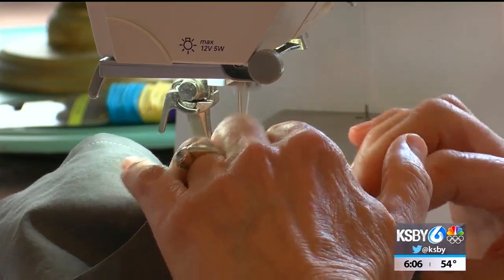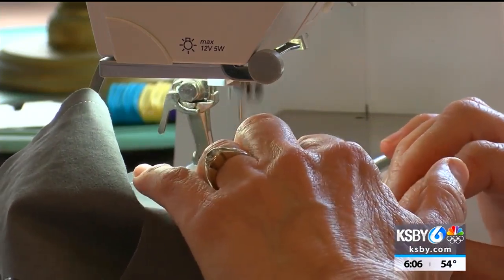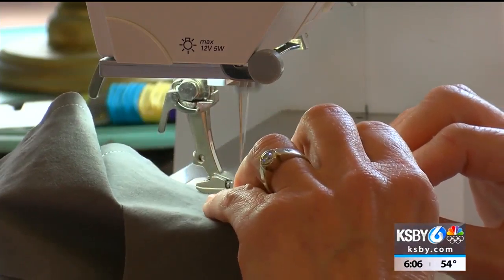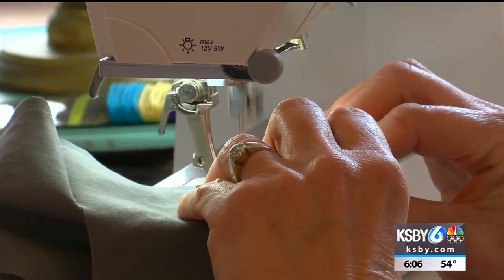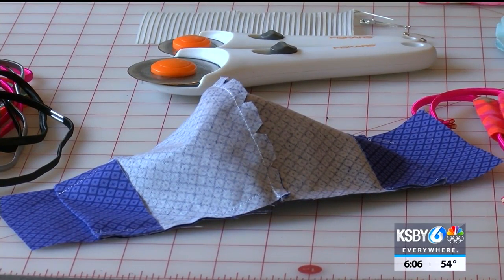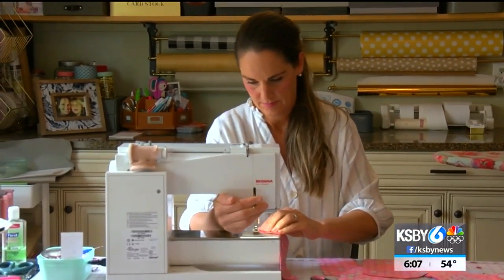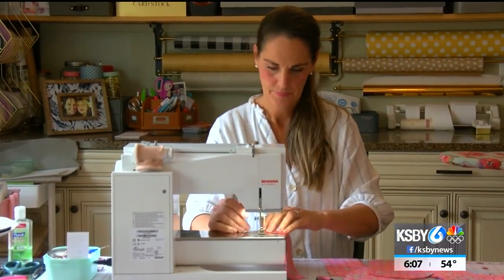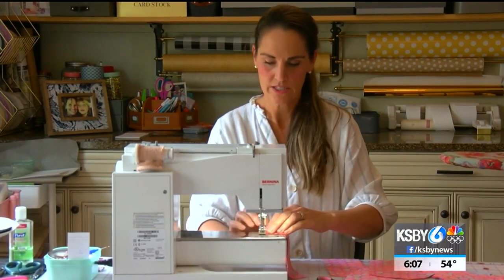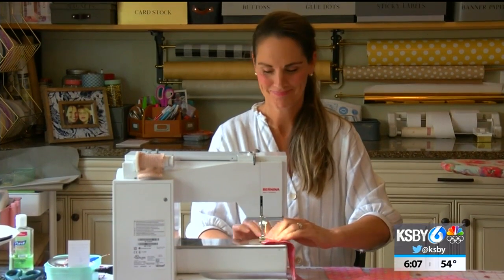Dr. Roberts agrees that the homemade mask can also be of use for those taking care of the elderly, but urges community members to remember they are not immune to the virus while wearing them. I also don't want people to get a false sense of security that I have this piece of cotton across my face, therefore I'm Superman and I can do what I want, go where I want, and not worry about it. And likewise, how you handle these masks, what's on your hand, how you clean them, how you touch your face, how you take them on and off, all this affects